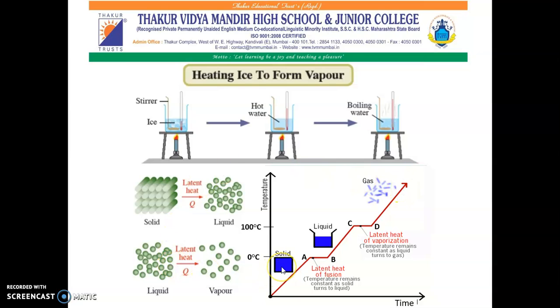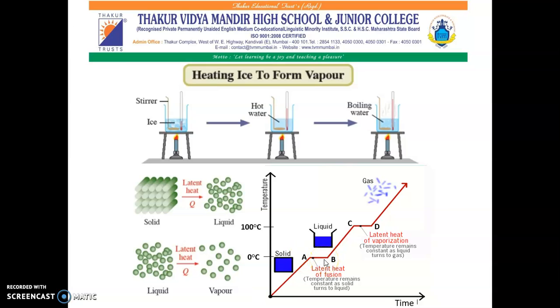So over here what is happening is the ice initially absorbs the heat energy during this transition, and the absorption of the energy continues till all the ice converts into water. So the temperature remains constant during this transition. This constant temperature at which the ice converts into water is called the melting point of the ice, that is 0 degrees Celsius. Thus, during the transition of solid phase to liquid, the object absorbs heat energy, but its temperature